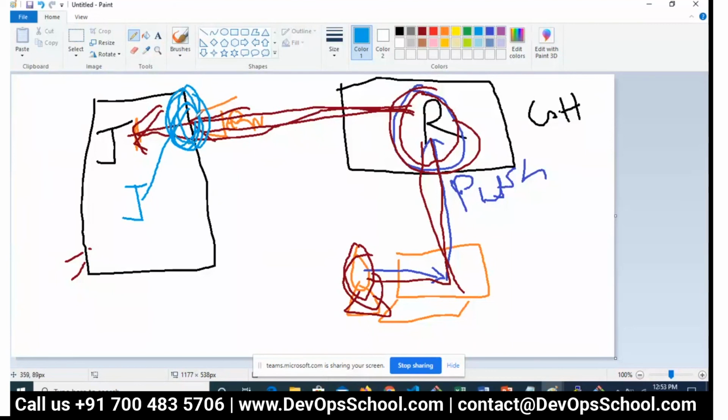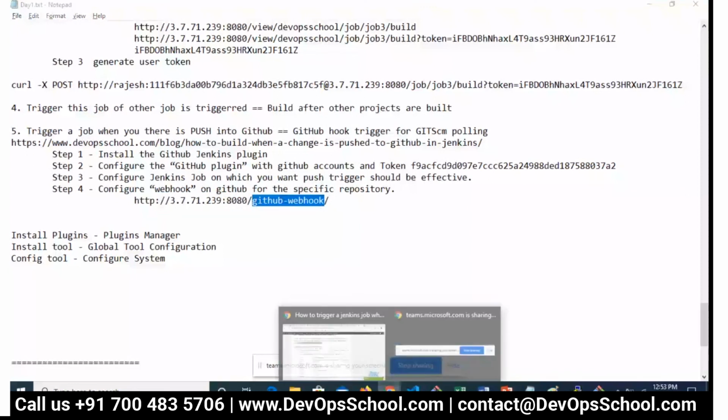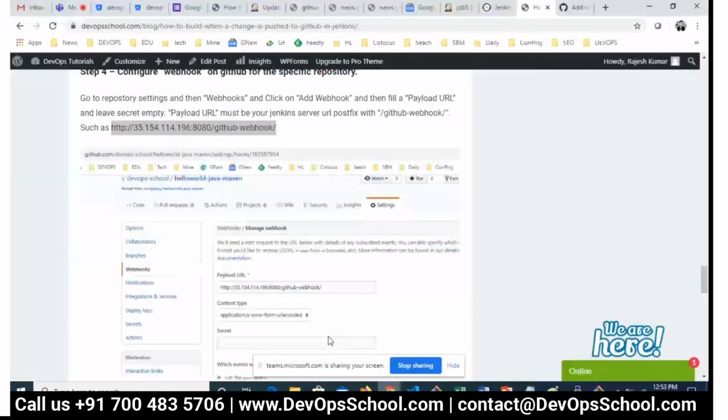And this URL is powered by the GitHub plugin, which you installed. So here, how can you access this URL? That plugin's URL, you can access at this port. Okay, this port. And this you have to hard code, GitHub webhook. Okay, this GitHub webhook.